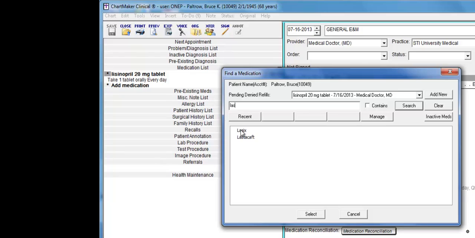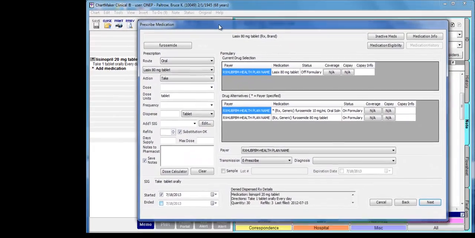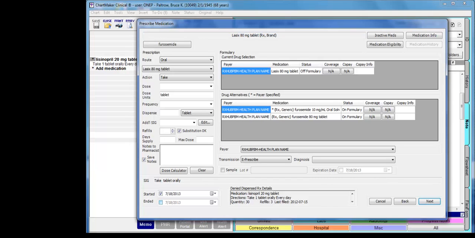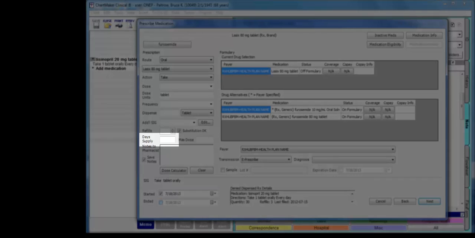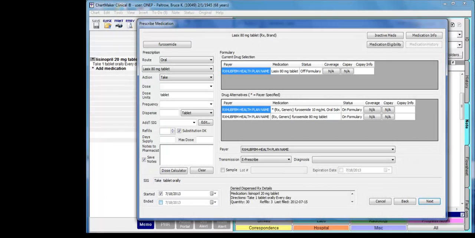Now let's see what has changed on the Prescribe dialog. This dialog now has a new field for days supply. This was added in preparation for a clinical quality measure for meaningful use that will need this information. This field will need to be manually entered by the user. The software will not calculate this information based on the SIG that was entered. You will also not receive any warnings if the value you enter in this field is contradictory with the SIG